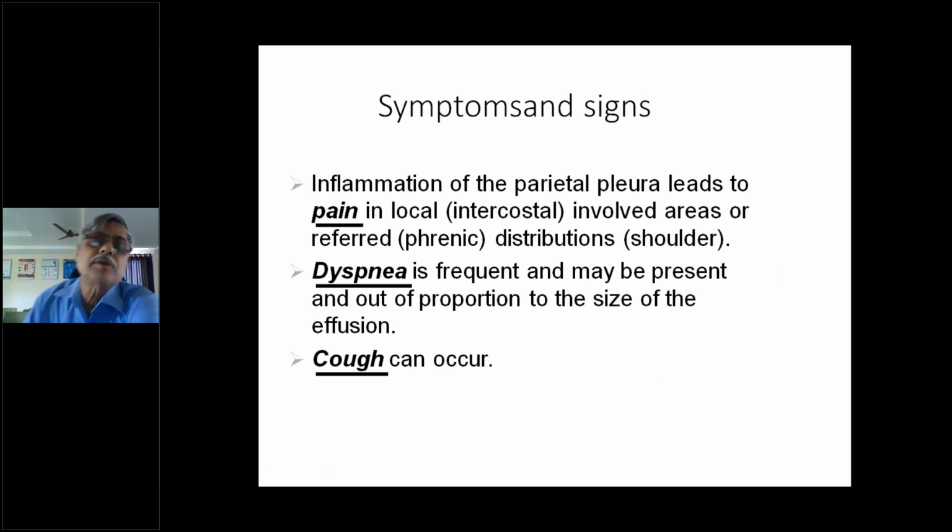Symptoms and signs I told, of course, the Ellis-shaped curve. That is evident when you do percussion on three areas, anteriorly, laterally, and posteriorly, and mark all the three points. Then you find it highest in the axilla, lowest in the spine. That is known as the Ellis-shaped curve. That is in percussion, and the dull note is a stony dull note.